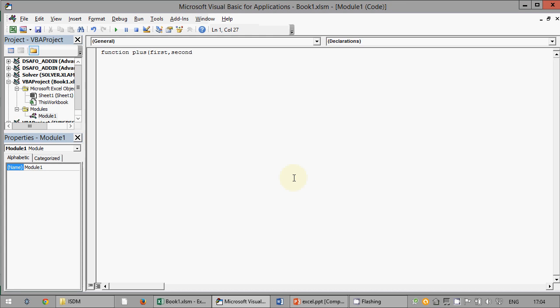You are completely free to decide the names of your parameters. The more meaningful they are, the easier it will be later on. Okay, but if you write too long parameter names or too complicated, you will misspell something and it will not work. Okay, now as soon as I press enter, look what happens.